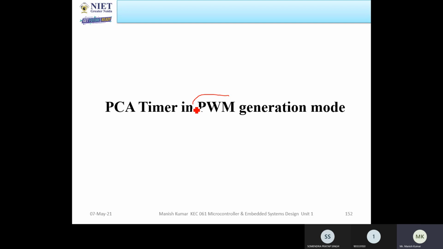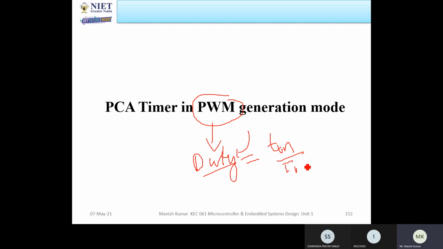All of you know that the pulse width modulation depends upon the duty cycle. If you vary the duty cycle, the waveform will change. Now, with the help of these timers, you have to generate the PWM wave with a definite duty cycle. Duty cycle is defined as T on divided by total time into 100. So, with the help of this formula, you can get the duty cycle.